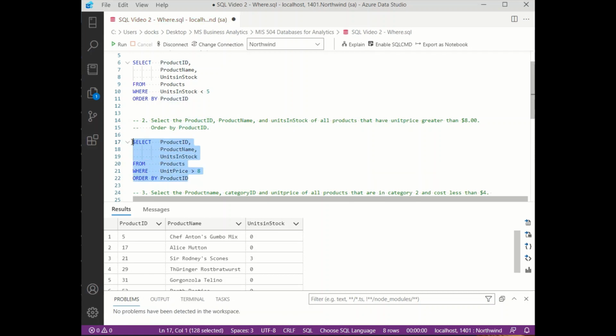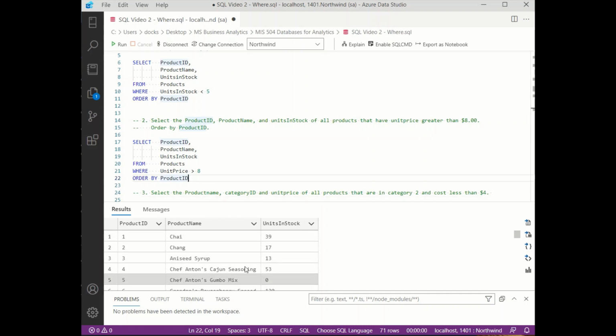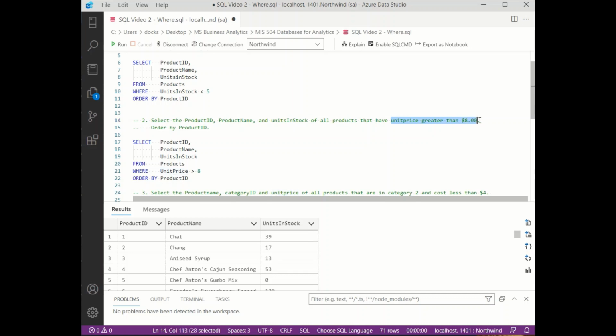So let's take a look at this here. There we go. Now this list is filtered to only include products that have a unit price greater than 8,